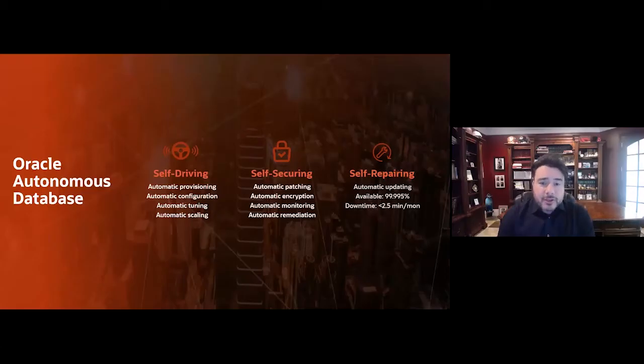Now, next, one of the foundational innovations and core to our data management and data warehouse offering is the Oracle Autonomous Database. It is the world's only self-driving, self-securing, and self-repairing database. By self-driving, we mean it automatically provisions, configures, tunes, and scales. From a self-securing perspective, it automatically patches, encrypts, monitors, and remediates. So if it discovers a security action, it can automatically help remediate a specific potential breach. And then finally, from a self-repairing perspective, we offer the same level of SLAs and the lowest amount of downtime across any cloud provider. We realize that as you move to cloud, you cannot compromise. And so we've done just that and more with the Autonomous